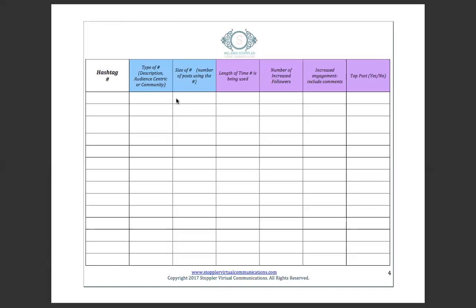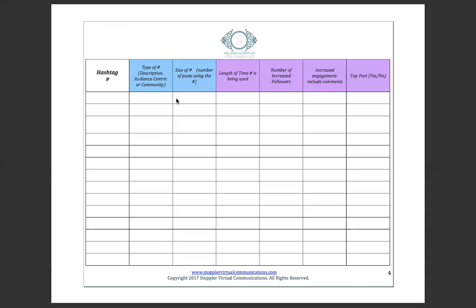But don't get too hung up on the increased number of followers, because it's important to remember that a large following is good, but an engaged following is probably better, especially when it's in your target market, because those are the people that are going to convert to sales. What sometimes happens is that you'll get a group of hashtags that work really well for quick likes and followers, but you're not necessarily getting a group of people that convert to customers. That's why you want to pay attention to both the increase in followers and the increase in engagement.